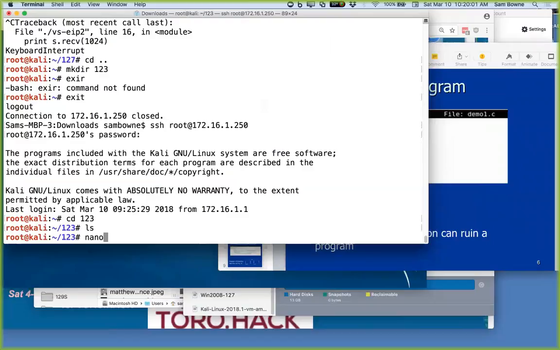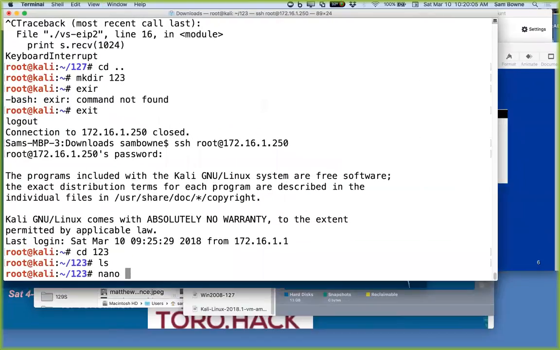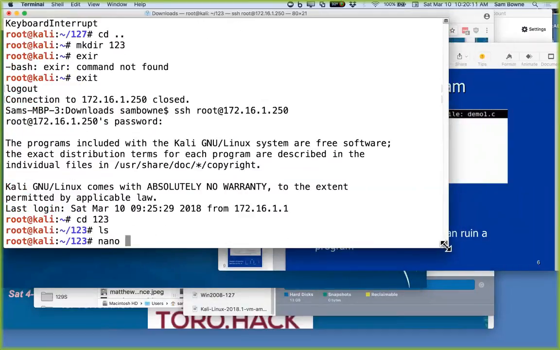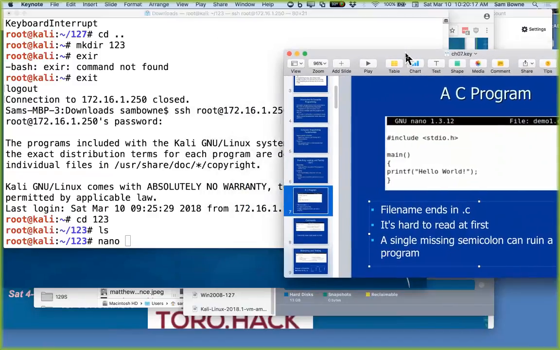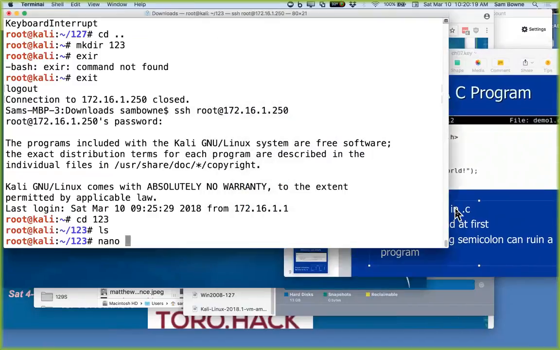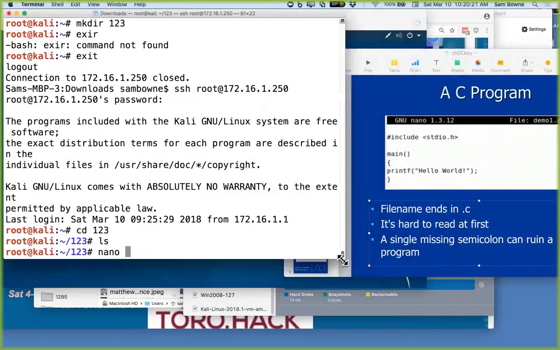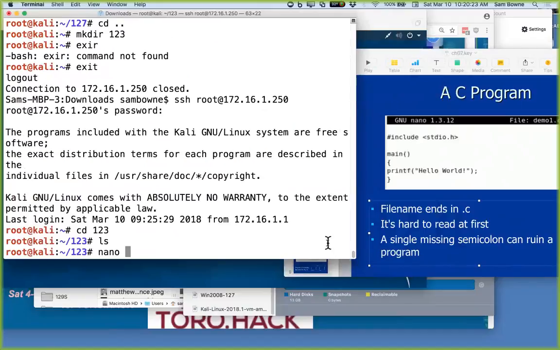So let's use Nano, which is a very primitive text editor, but the one I recommend getting used to. Unless you're cool enough to learn VI, which is even cooler, you want to learn a text-only editor, because often when you hack into a machine, you don't have graphics. And you shouldn't be helpless without graphics, so it's good to stay reasonably in shape to use it. Nano is the wimpy text editor. The pros use VI, which is more powerful, but more irritating to remember unless you use it a lot.